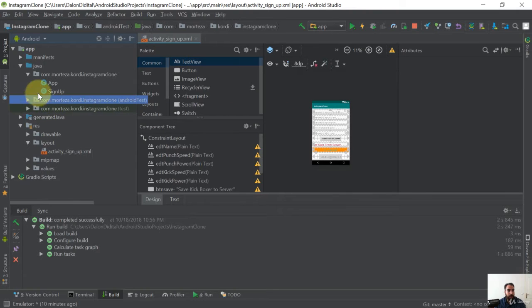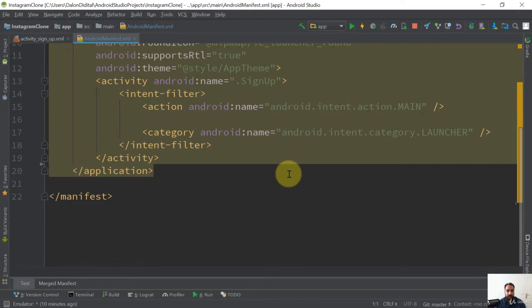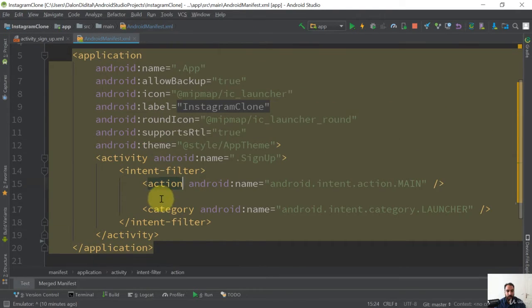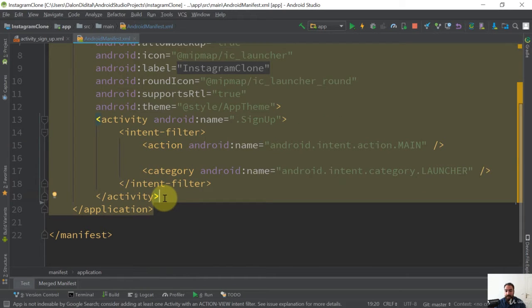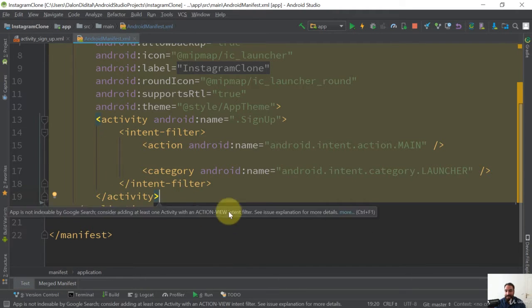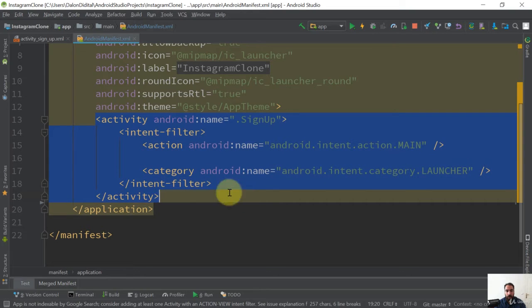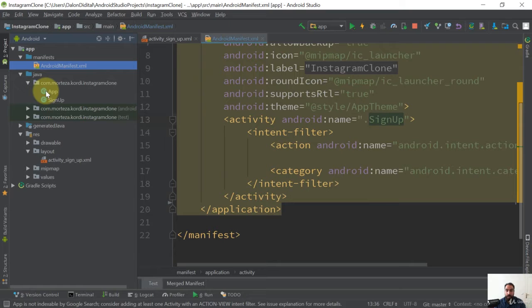And also, we need to go to the manifest file and let's see whether the activities are deleted here or not. Yes, all of those activities that were declared here, they are not here. So if you can see an activity here that is declared, but that activity does not exist in your project, go ahead and delete that tag. But here you can see that I only have the sign up activity declared here, and this is the launcher activity. So now our project is ready to be built, and we can go ahead and implement the sign up